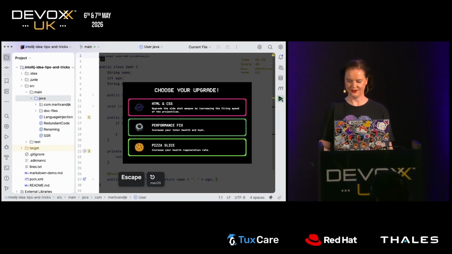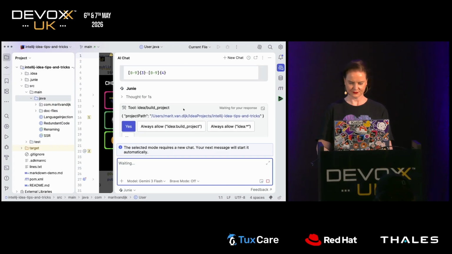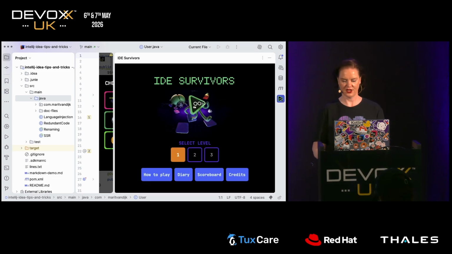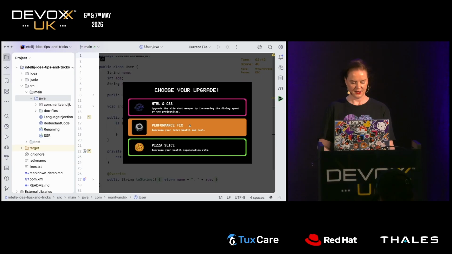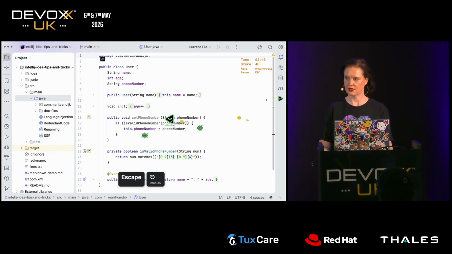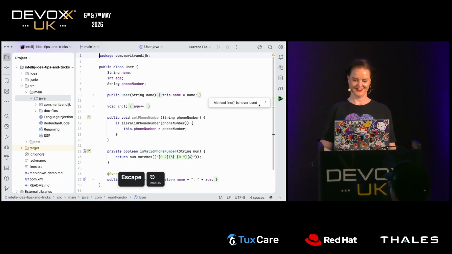Anyway, so who says you can't have fun in the IDE? So in the meantime, why are you asking me? Anyway, we already understood the regex, so we're fine. How do I escape this? Close it. How do I get out of this, André? Escape? Ah, escape, quit game, bye. Okay, see, but I showed them the game that they're... Пожалуйста. And